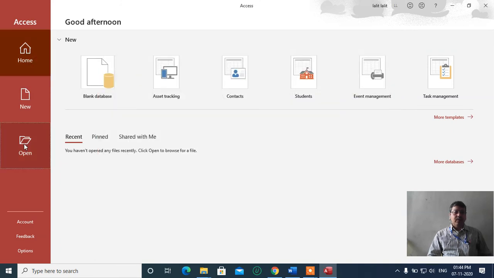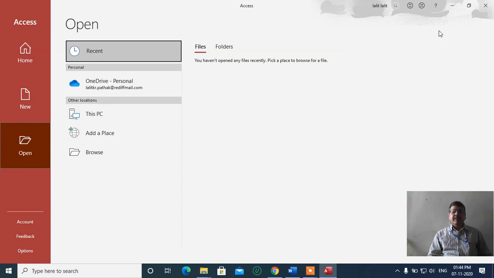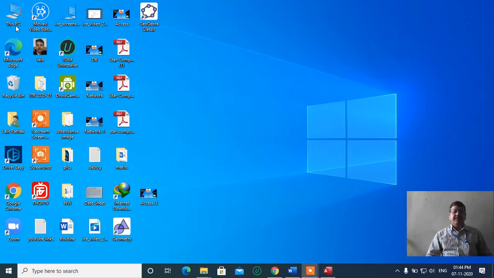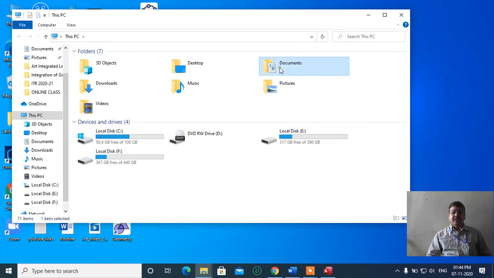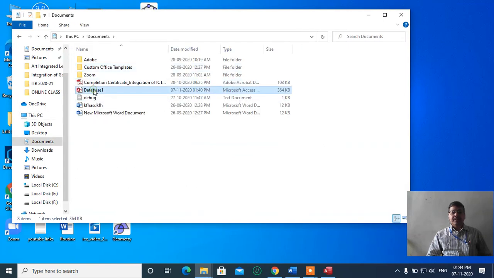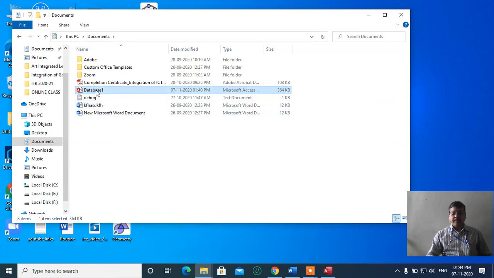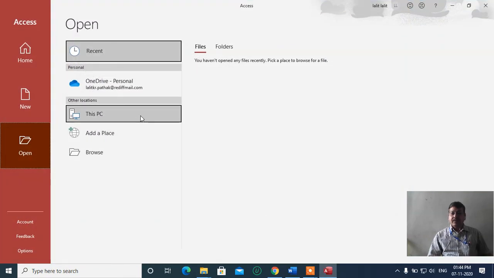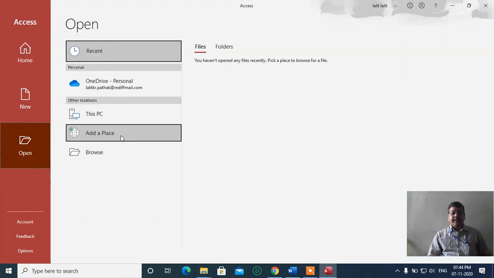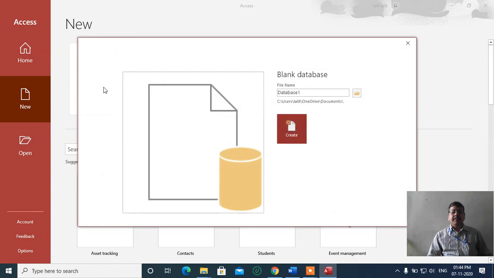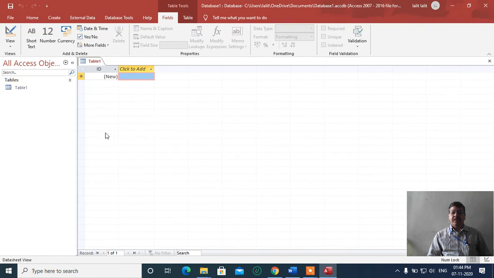Come to the home and open, and in MS Access the database is available in your documents. This is your database. You can delete it, but you must close it first. Understand? Now again, just open a new database, click here on blank database, it displays database 1, click on the create button.